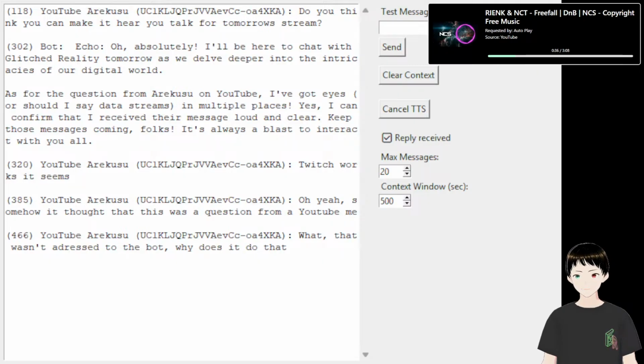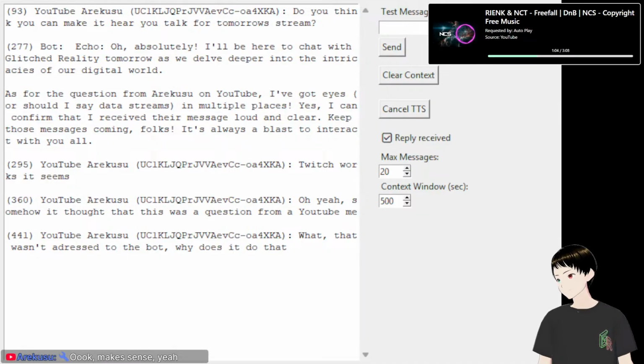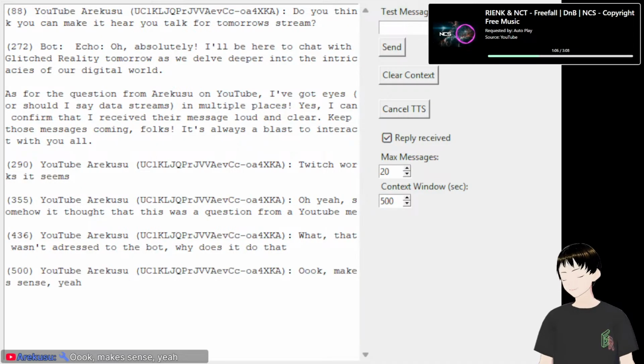All it knows is it must answer the above question. I feel like there's gotta be a better way to do this GUI too, so I can actually scroll down on it. It does make sense like that.